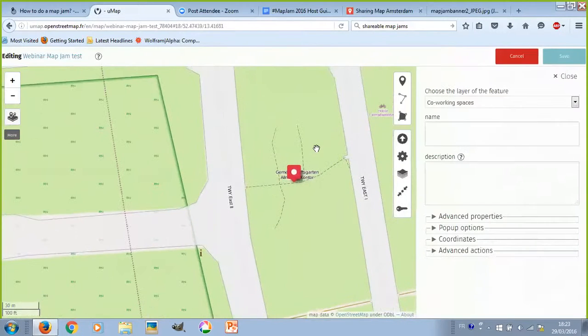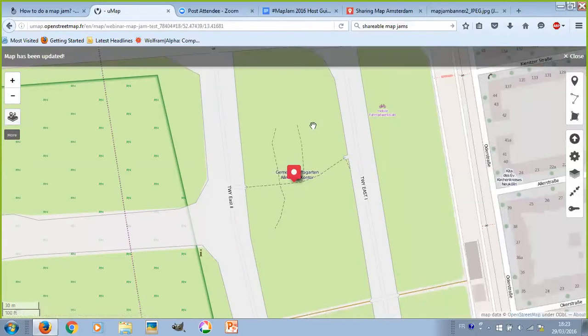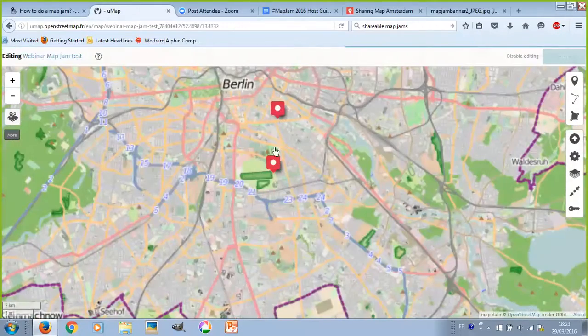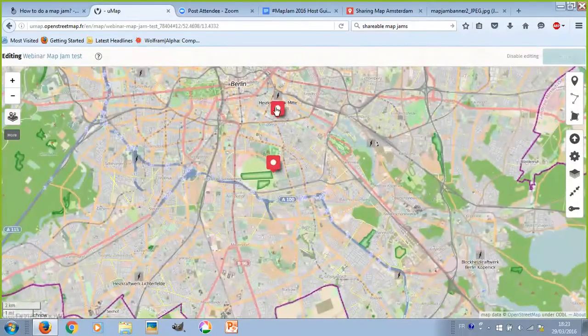So now I'm going to click on it, and here it is important. You have this drop-down menu. You can choose the layer it's part of. Now I can choose community gardens. I can give a name to that place. In the description, this is a community garden. Okay. So now I have 2 points in 2 different layers,